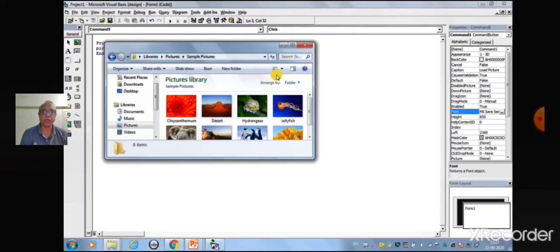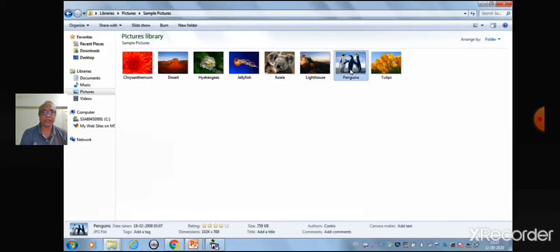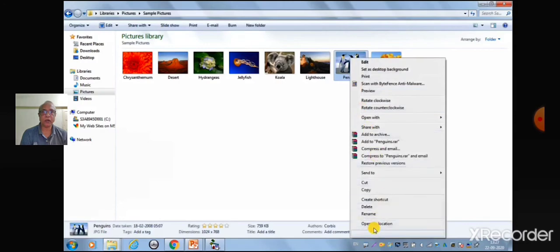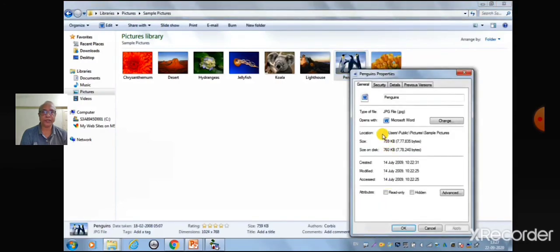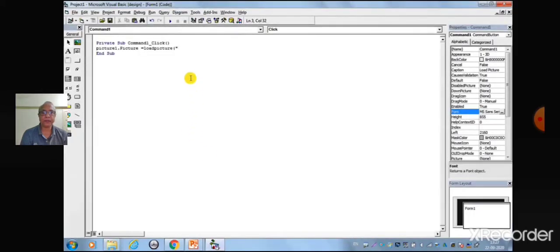Go to that particular folder, select the picture, right click on the picture, click on properties, select the location, copy that location, come to the coding window and paste it. Backslash, type the name of the file, dot extension of the file. Here the extension is JPG. Close the inverted quotes and the brackets.